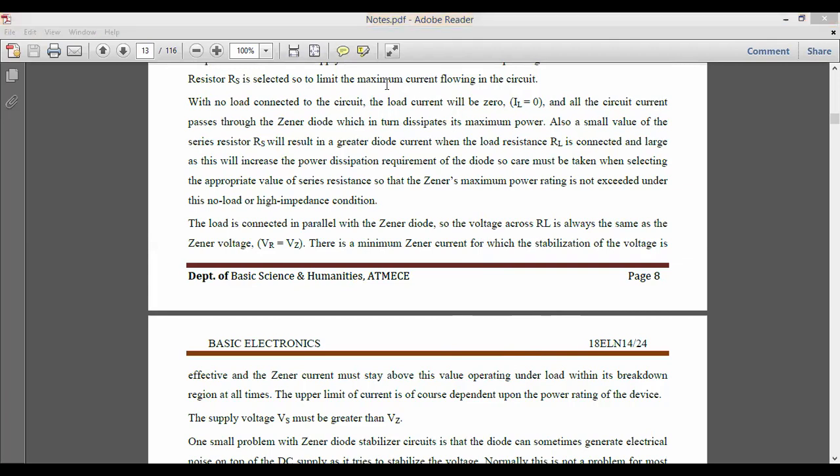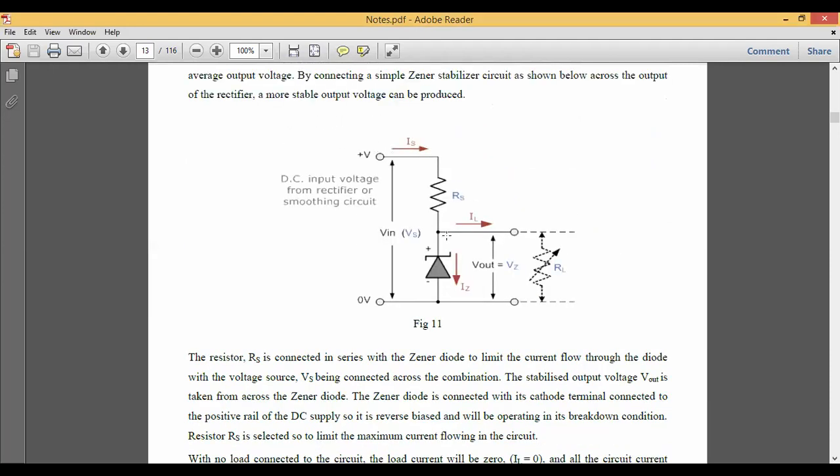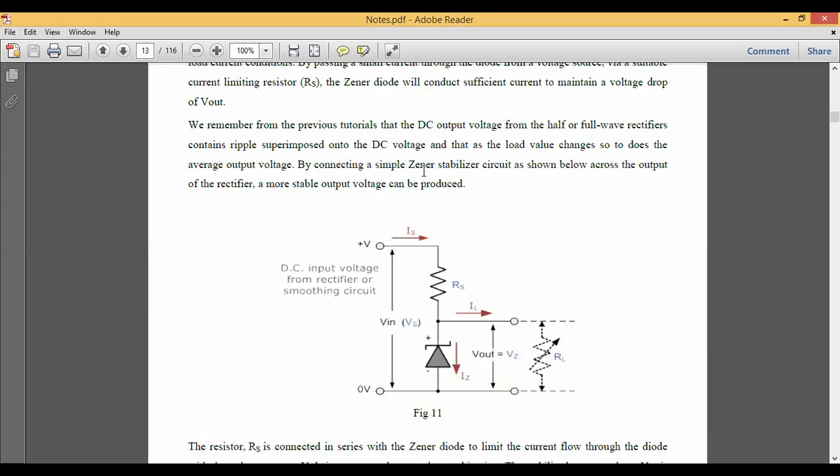So with this, I conclude this topic of Zener voltage and the Zener diode, and how the Zener diode can be used for the development of a stabilizer or stabilization circuit. In the next video lecture, we will see what a rectifier is and how rectification is done: one is the half wave rectifier and another is the full wave rectifier.